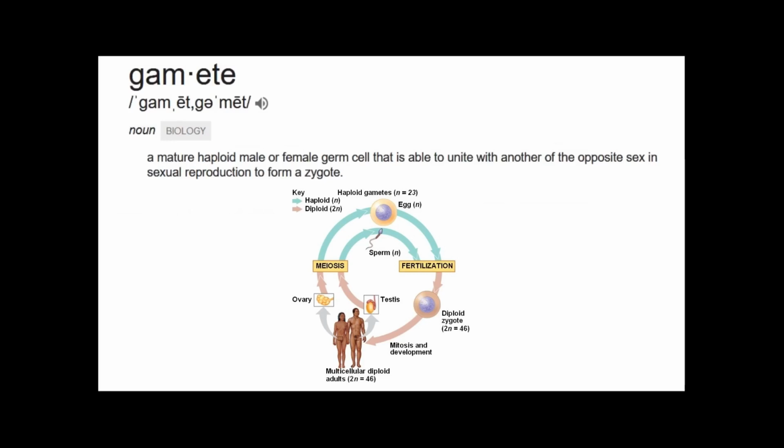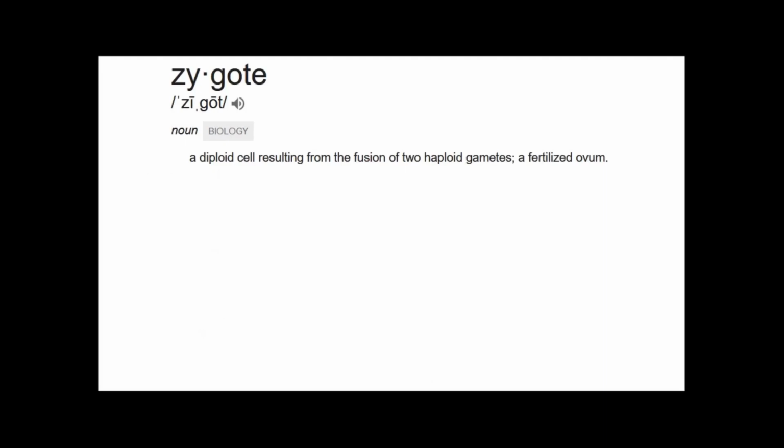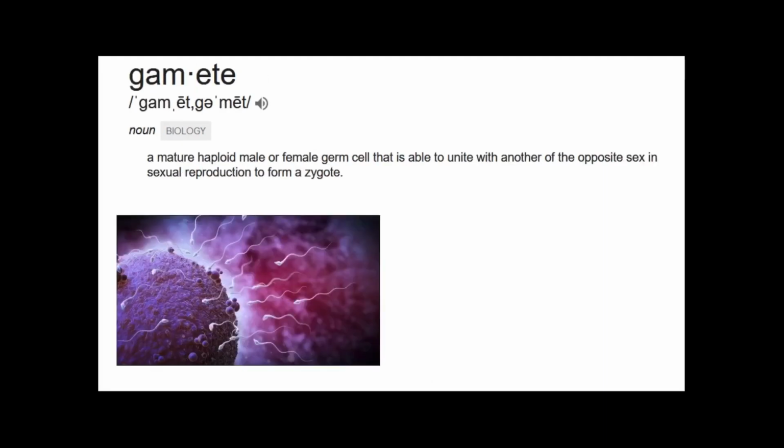So in our case, a gamete is a sperm cell or an egg cell. A zygote is a diploid cell that results from the fusion of two haploid gametes. A zygote can also be thought of as a fertilized ovum. When the sperm cell, which is haploid, encounters the egg cell, which is also haploid, they combine to form a diploid zygote, a 2N zygote. That is a cell that has two sets of genetic information, one from the paternal side and one from the